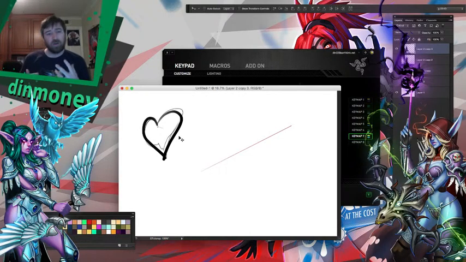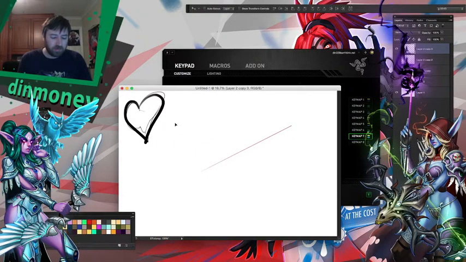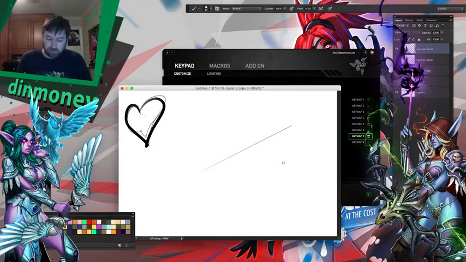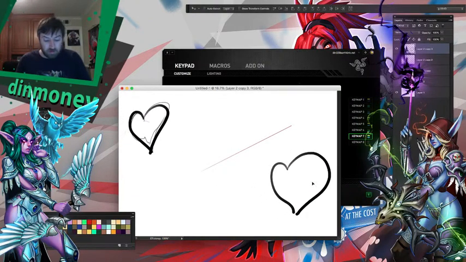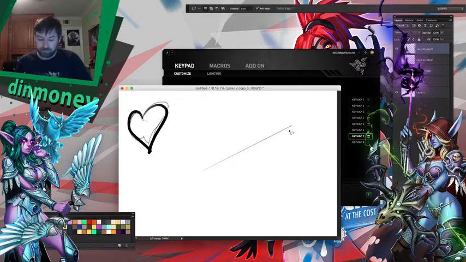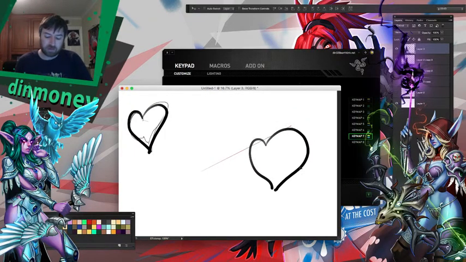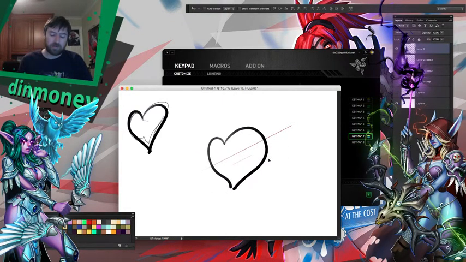Like, you never know if it's a little close to that other character, or you're getting a little tangent here. Let's say I don't even like this heart, but I want to have a style reference over here. Whoa, I want this side super big, and I can see how that looks next to the other one. Messed up. Hold on. Cool. All right, sweet. And then let's get that back there. So now we have that in a new layer. Awesome. I forget where I was going with that, but it's just nice having